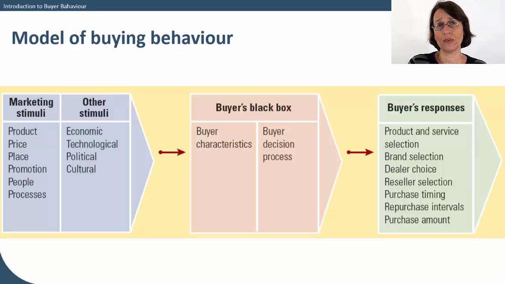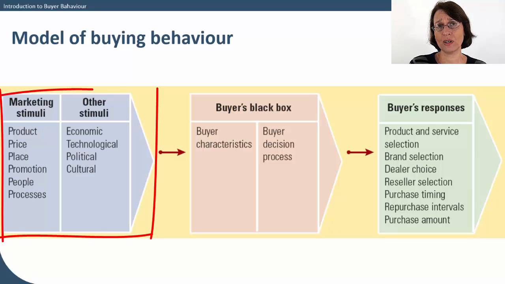In the model of buyer behaviour, we are trying to think about what the buyer decision process is, what the characteristics are, and how we can actually influence them as a marketer. On the left-hand side, we have our marketing mix, and these are the main tools that we will use to influence the consumer. They're also being influenced by external factors from the PESTLE analysis, such as what's going on in the wider environment. We can't really influence that, but we need to fight off our competitors.